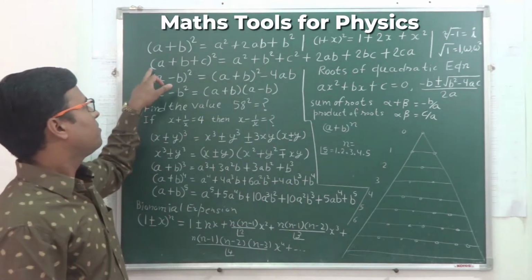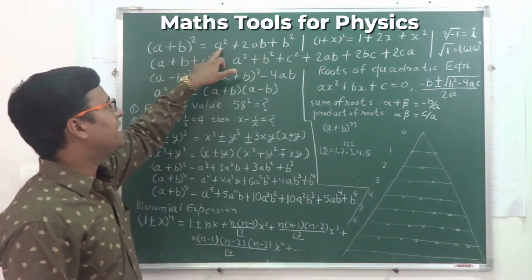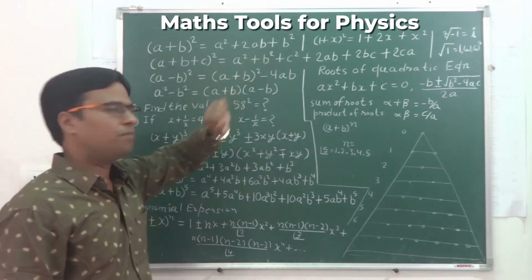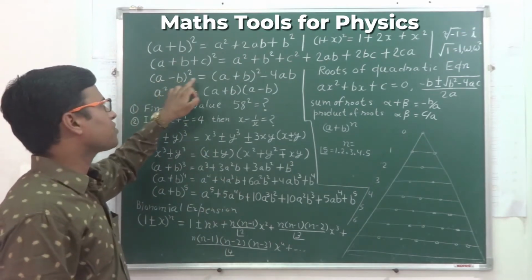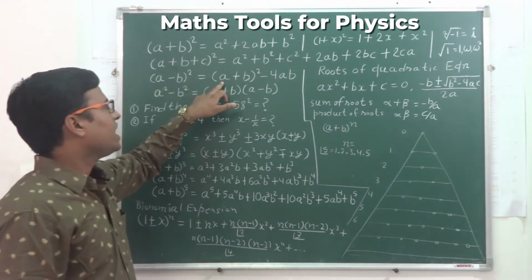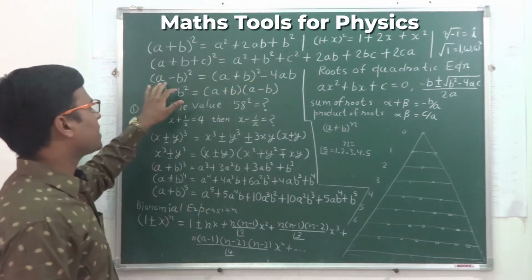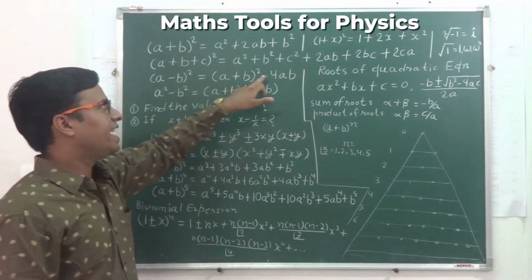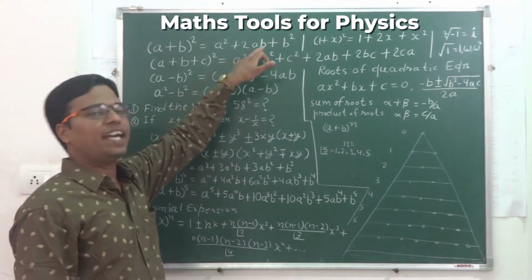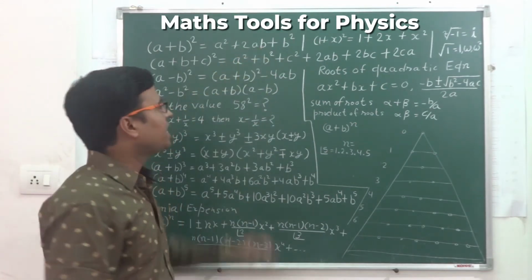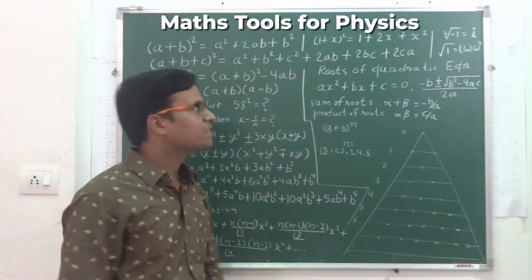Let's begin with (a - b)^2, that is equal to what? You have read a^2 - 2ab + b^2, but what I have written here is (a - b)^2 = (a + b)^2 - 4ab. If you expand both parts here, then the minus 4ab will eliminate the 2ab part. Elimination means it will cancel out this part and the minus 2ab part will remain here.